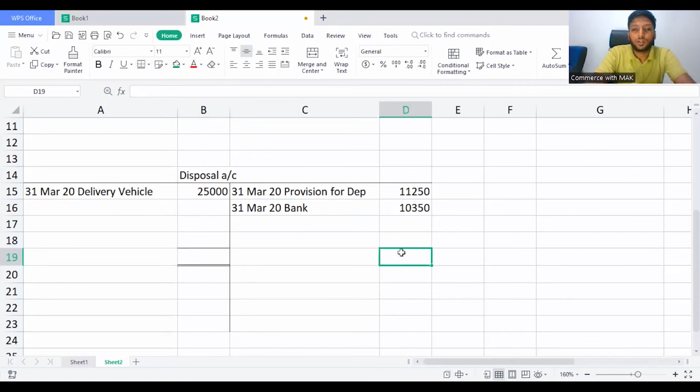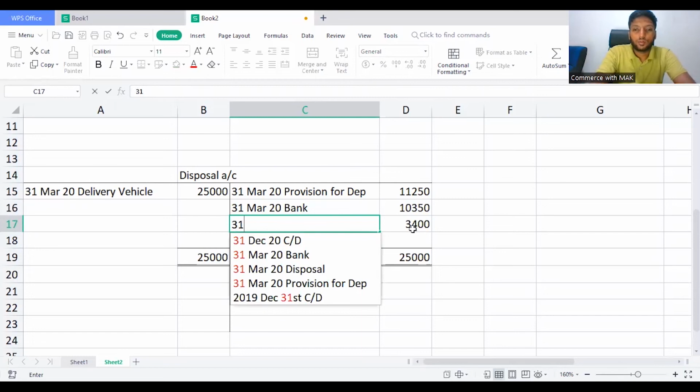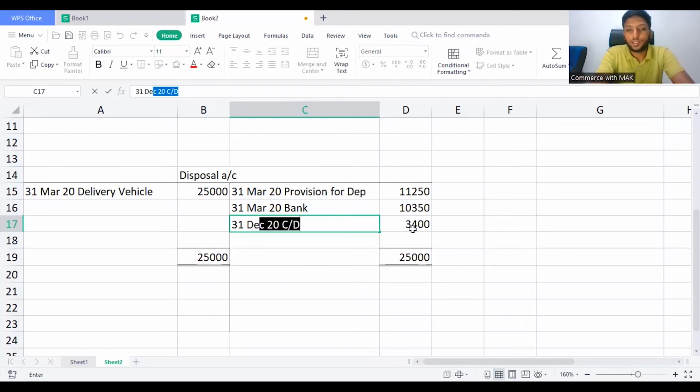That is one thing which we are noticing. So here you can see 11,250 plus 10,350 will give me a value of 21,600. So the loss is going to be 3,400. I'll write 25,000 on both sides. And here I'll write 31st March, or no, you are sending this in the final value, a loss,